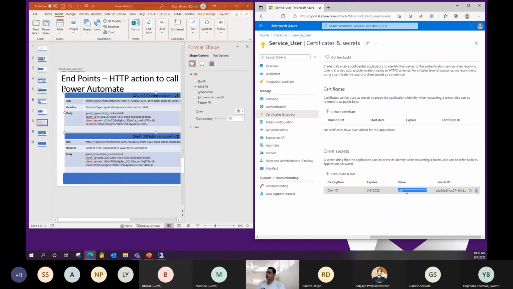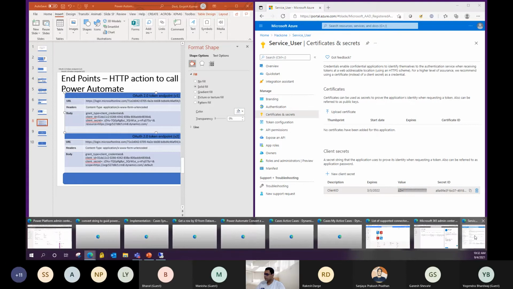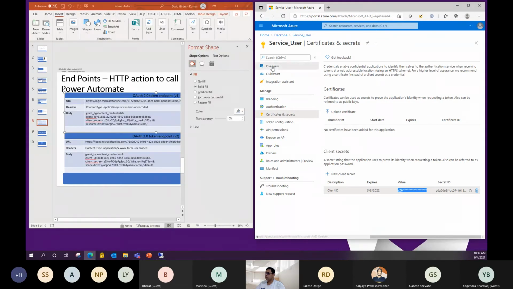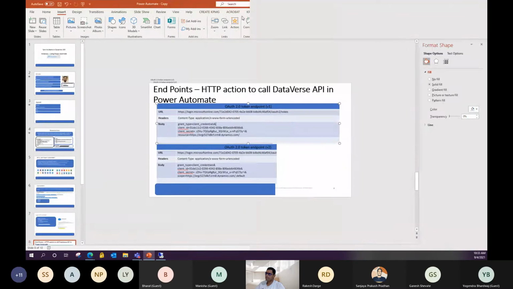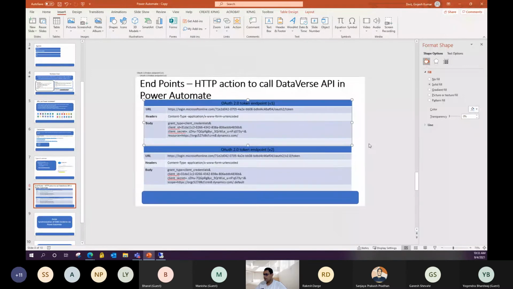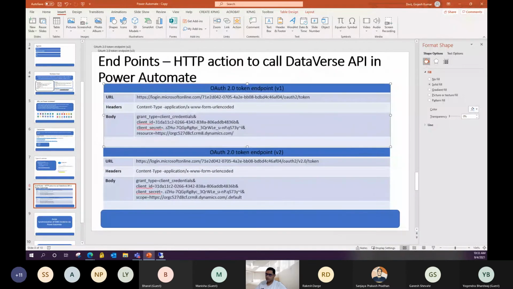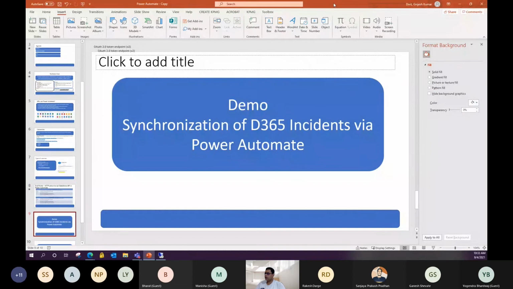Whenever you create any client secret, you are supposed to copy this value, otherwise you will not be able to get it again. So the important aspect is you need to get the endpoints by which you will call your Dataverse API inside Power Automate, and you also need the client ID and the secret. Okay, let's jump straight to the demo.